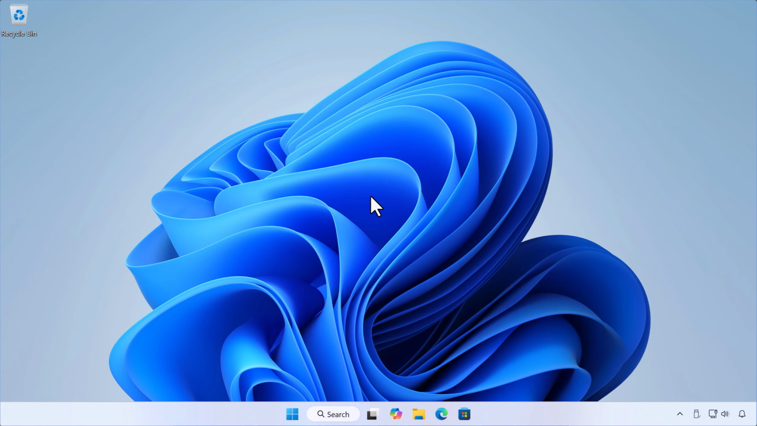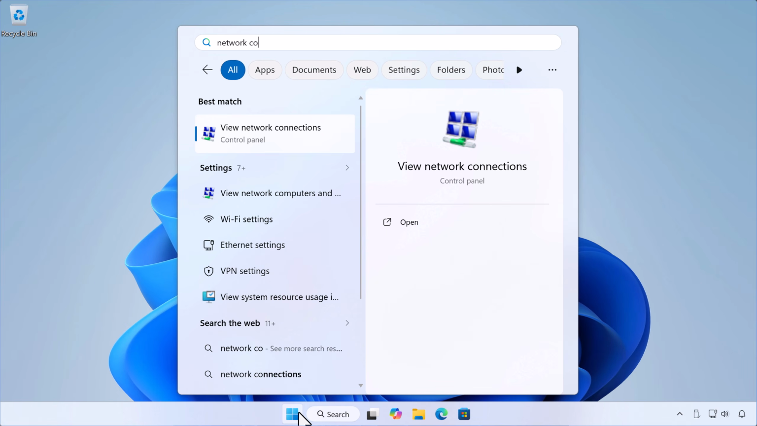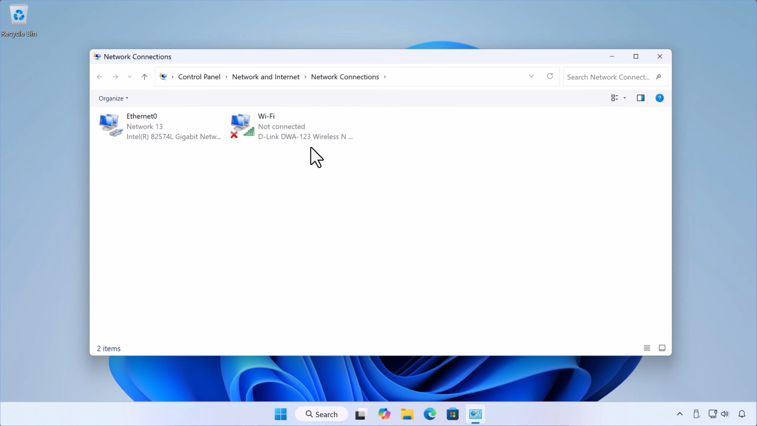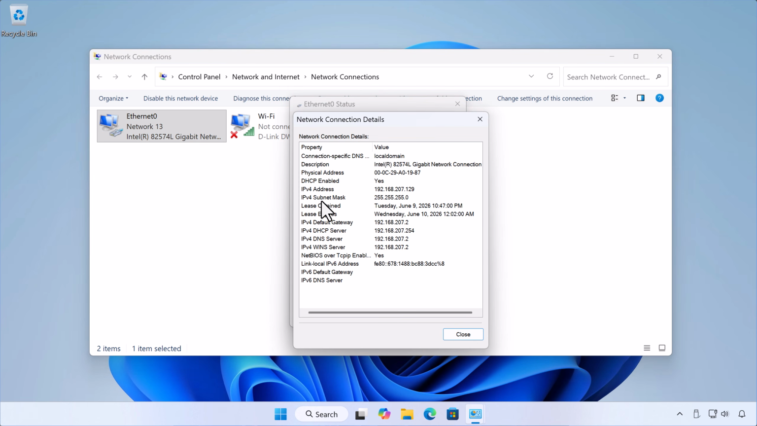Let's start with the easiest way. Open the Start menu, type Network Connections, then select View Network Connections from the best match results. The classic network connections window will open instantly. From here, you can view your network adapters, check your local IP address, change DNS settings, and manage other connection